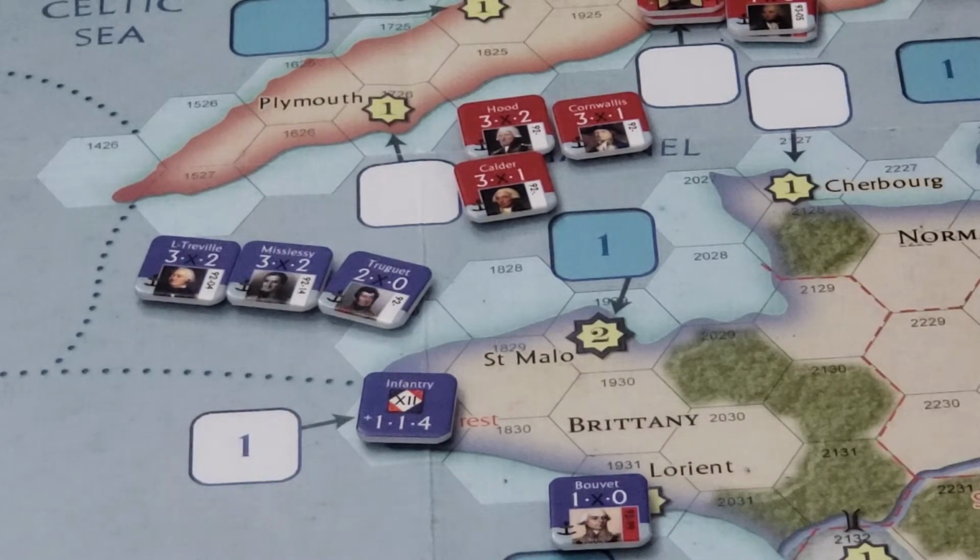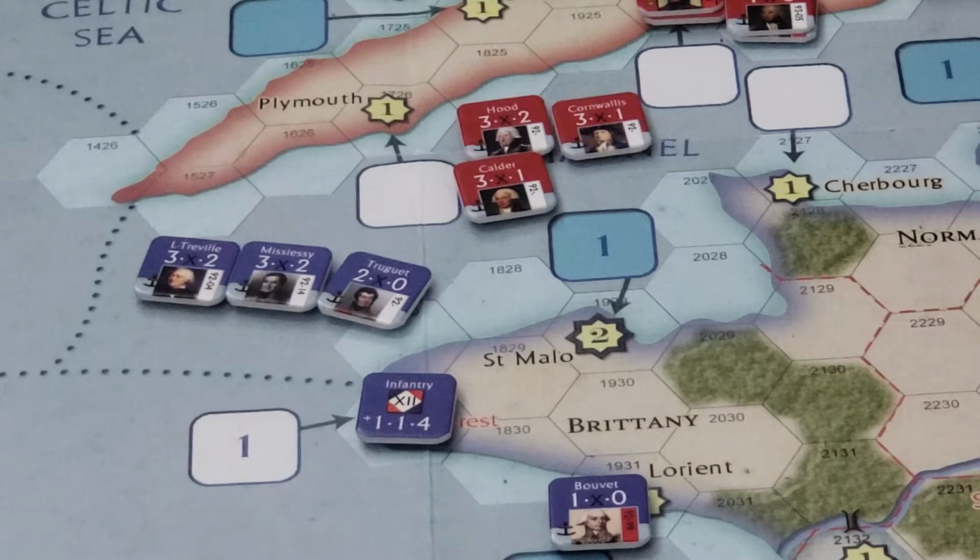Now, what's going to happen next is if we pull the coalition naval marker, they will have opportunities to try to find the French fleet in the channel, right? So there's a little bit of an abstraction there. So they'll have a chance to do it. And then the other thing we'll try to do is we're also going to send